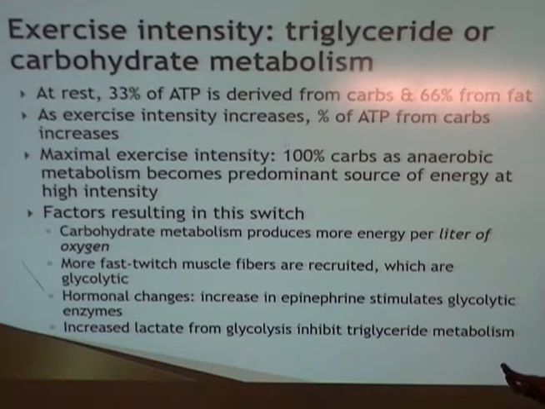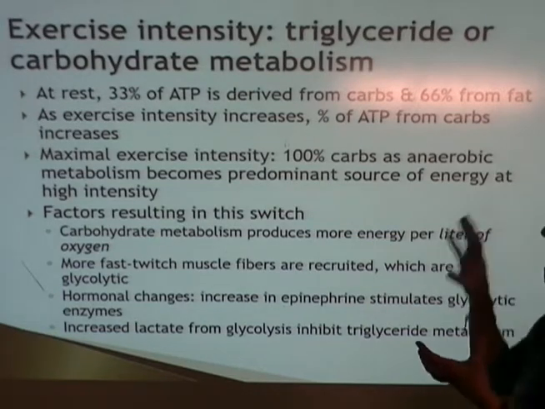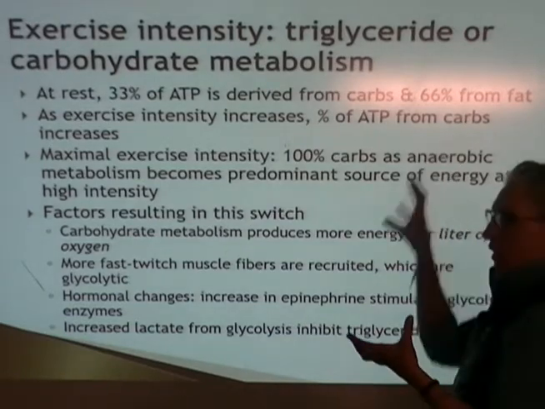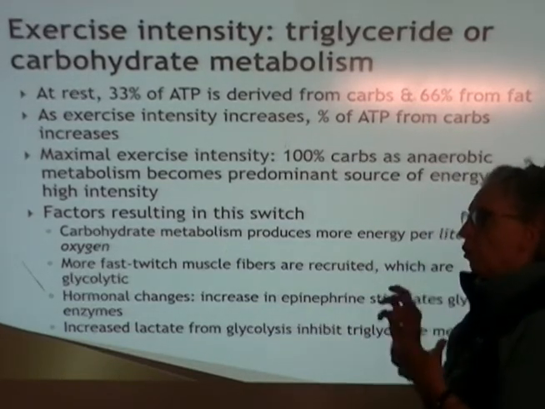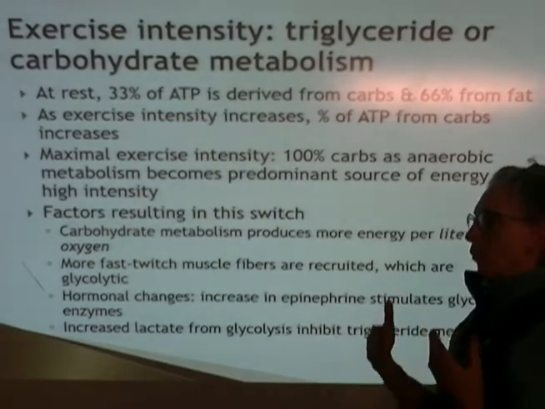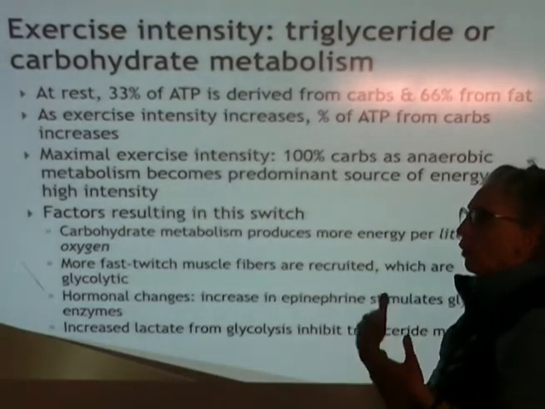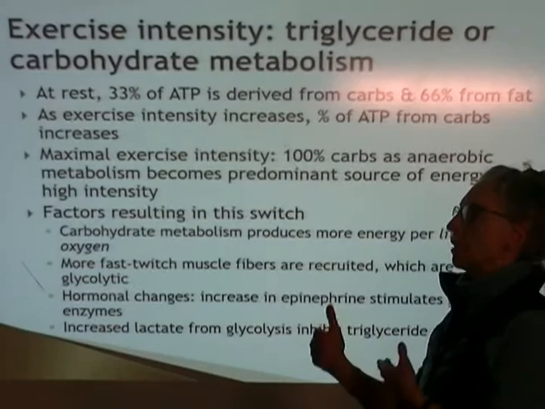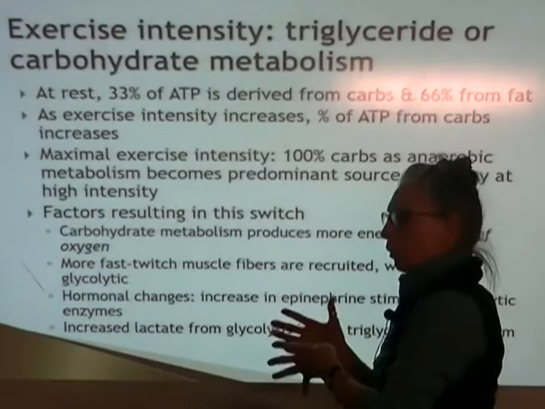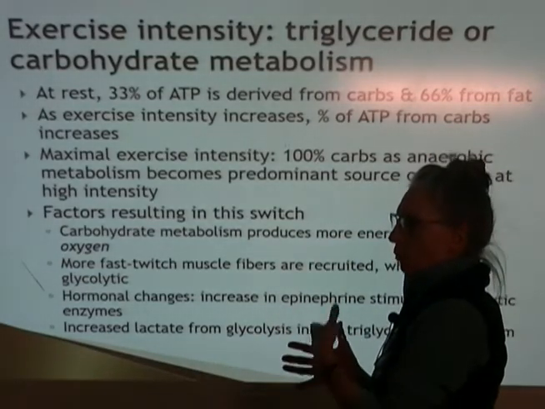And type 2 muscle fibers are mostly glycolytic and ATP PC system. They do not make ATP very well aerobically. So the harder I'm working, the more type 2 fibers I'm using, the more anaerobic ATP production we have to